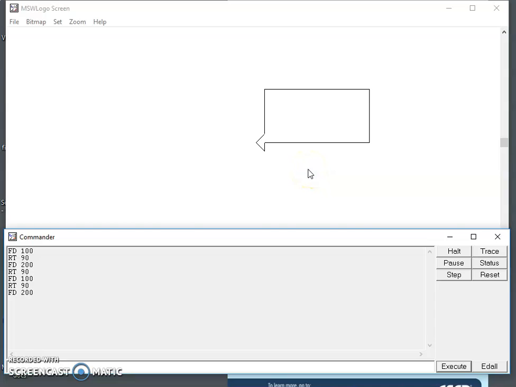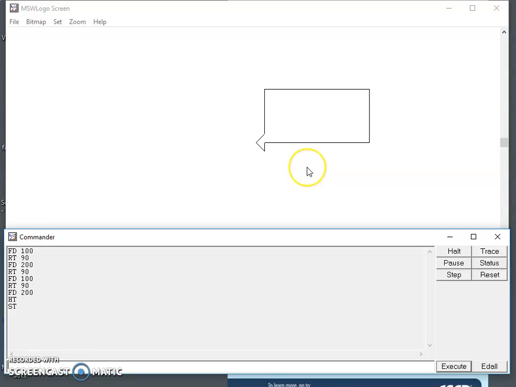In case we wanted to make a square, the only thing that will change is the number of steps. So for a square drawing, the number of steps will remain the same throughout. Now if you want to hide the turtle, the command is HT, so the turtle will get hidden. Now if you want to show the turtle, the command is ST, show turtle, so the turtle will be visible again. So this is all about your Logo command to make a rectangle.